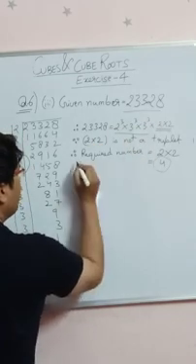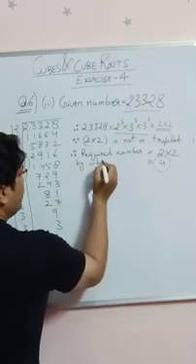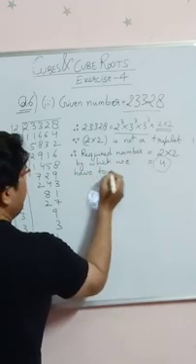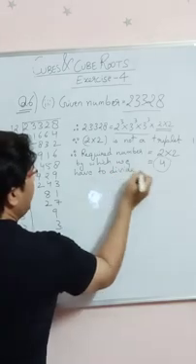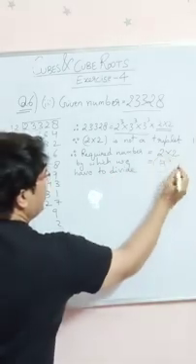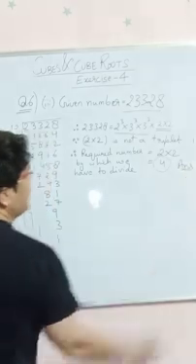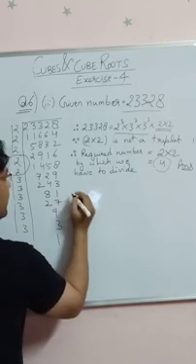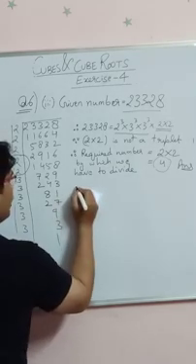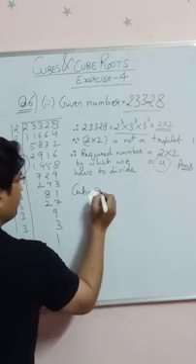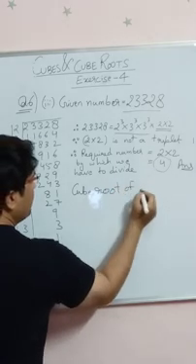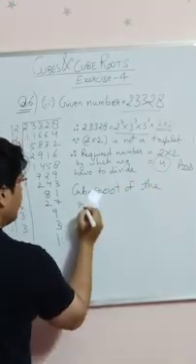Therefore, the required number by which we have to divide the given number is actually the end result of this product, that is 4. So this becomes our final answer. They are also asking to find the cube root of the resultant cube. So therefore, the other answer that we have to write is the cube root of the resultant cube.